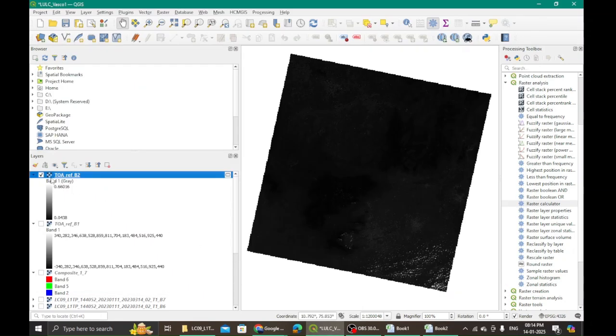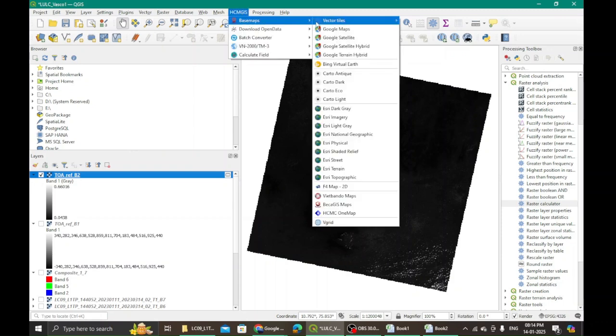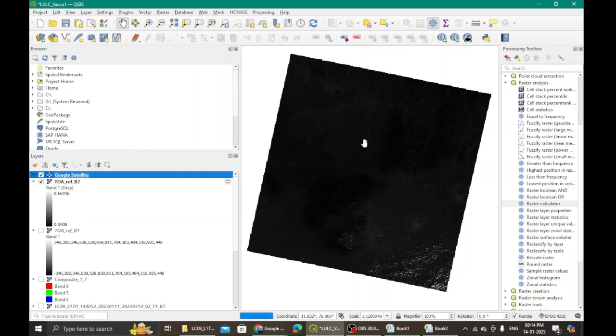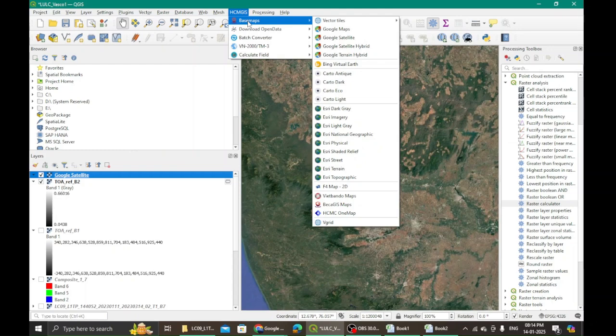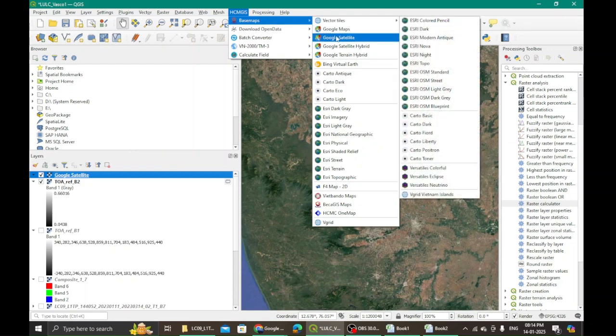Another way, if you want to see, you must have downloaded this HCMGIS. It must have come in your menu bar. Drop it down, go to base map and say Google satellite. Go to HCMGIS and base map.